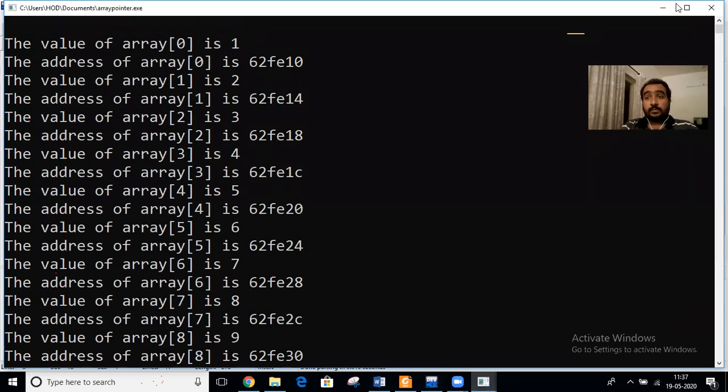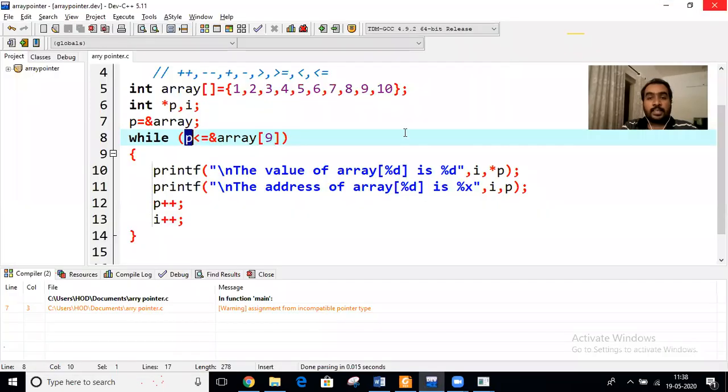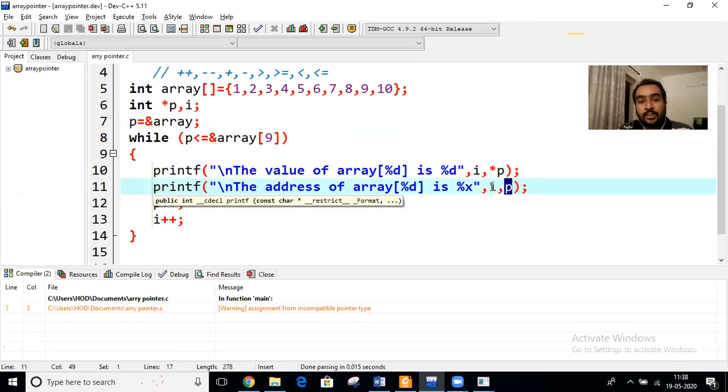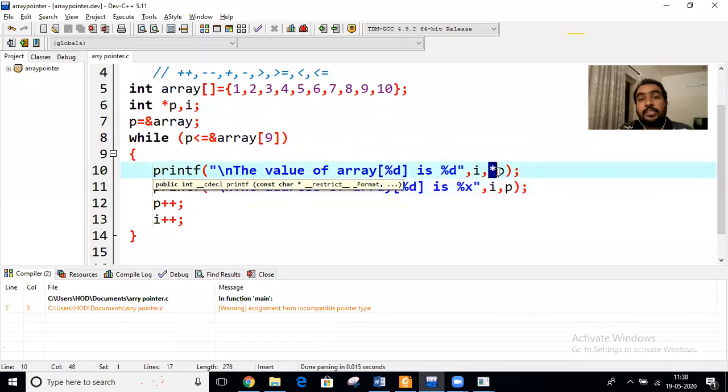Just remember one thing: while using pointers, we have to first declare a pointer, then we have to initialize the pointer. We have to give the address location of an array or a variable to the pointer. Then by directly using the variable p, we can have the address of that variable. And by using the star p, we can have the